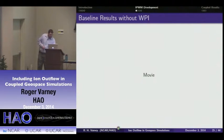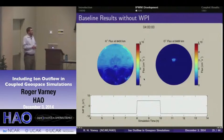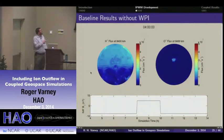So here are some baseline results of the model. What I did was I ran LFM-MIX with solar wind Bz that was south for 4 hours, and I flipped it north, and then south for another 4 hours. And then I took the MIX inputs from that run and drove the IPWM one way. The two plots I'm going to show you here are the H+ flux and the O+ flux